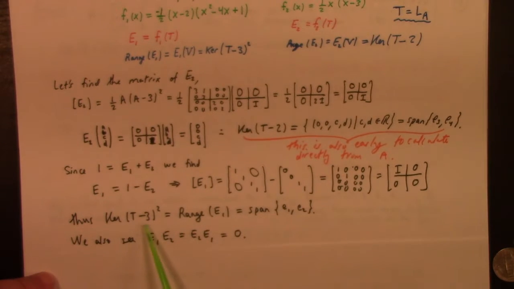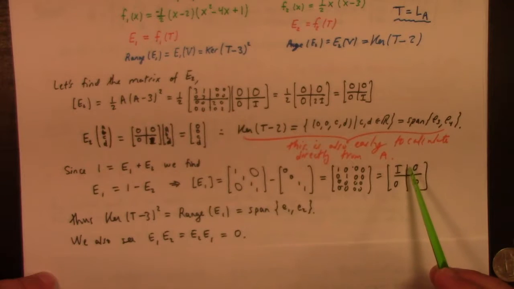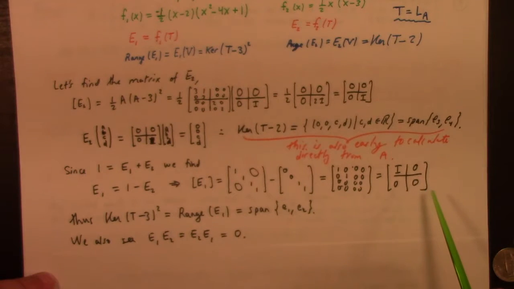And the kernel of t minus 3 squared would be the range of e1. It's the span of e1, e2. And that's also the case. You can go back to the original matrix and verify that if you have vectors where the first two components are anything and the second two components are 0, you get